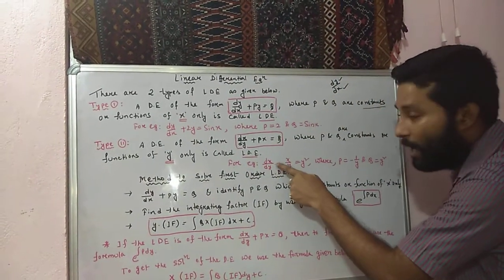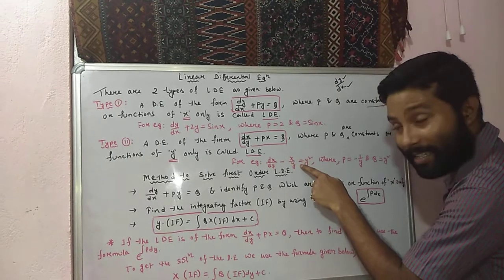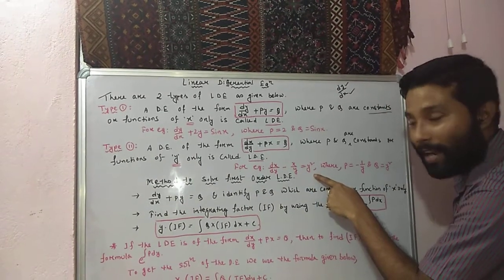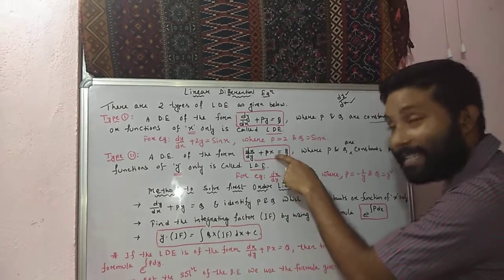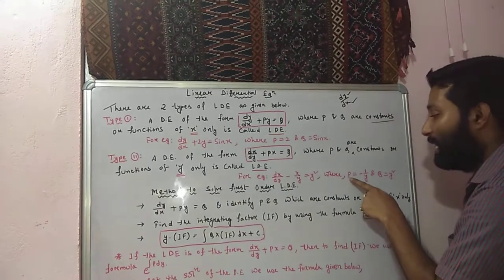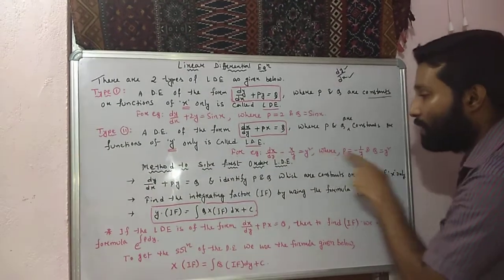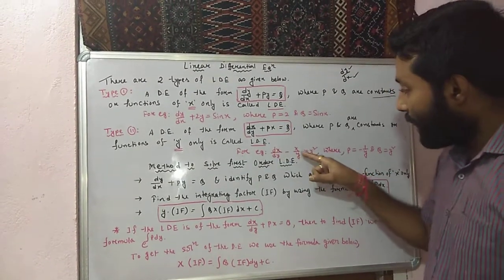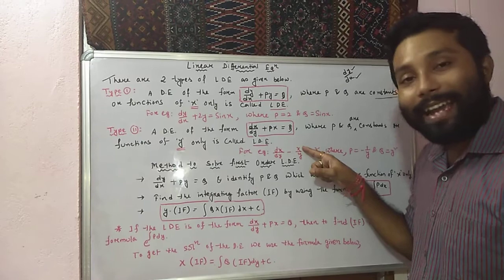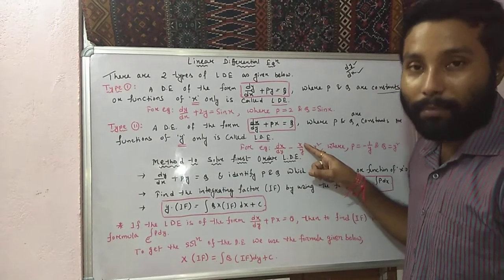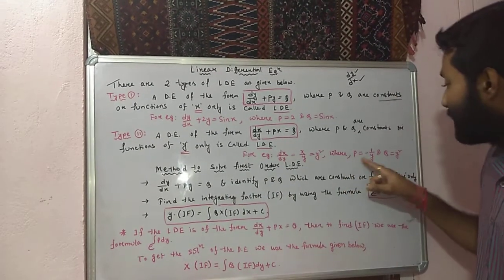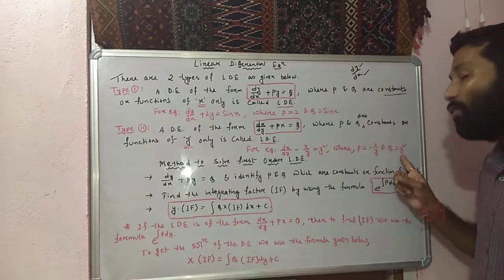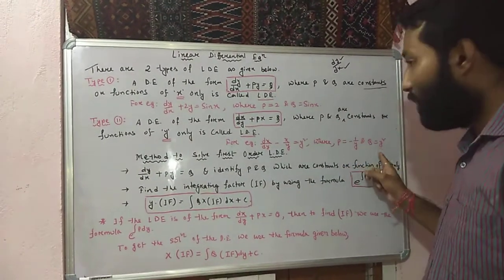dx by dy minus y by x is equal to y square. If you compare this example with this standard form, we can say that p is equal to minus 1 by y. Minus 1 by y, because what is the coefficient of x? So here also in this example the coefficient of x is minus 1 by y. So that's why p is minus 1 by y, whereas q is y square. So that means both the functions